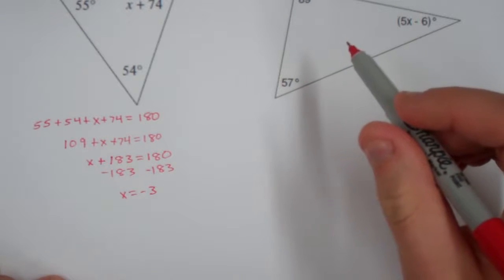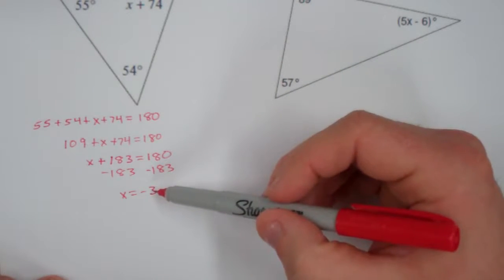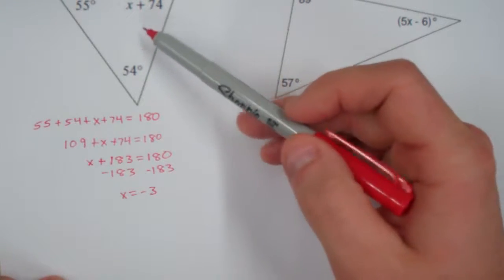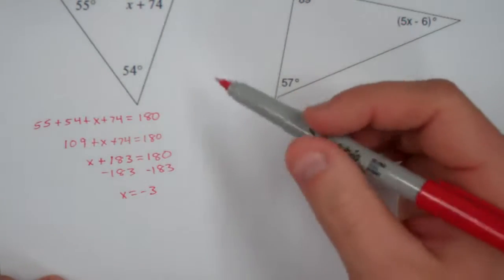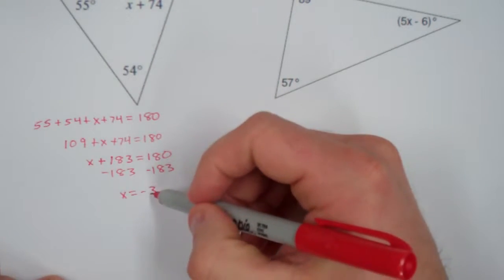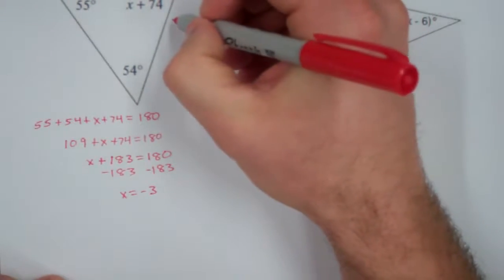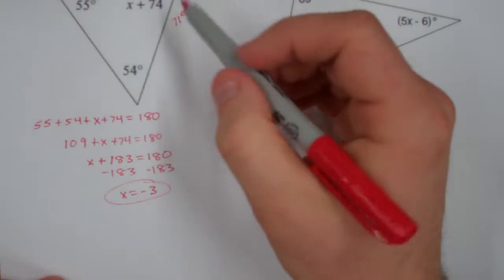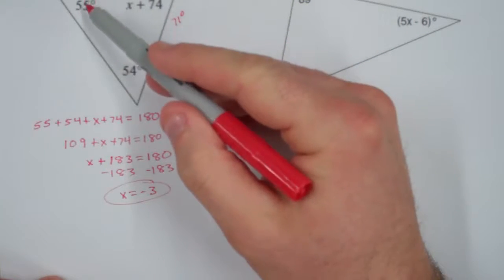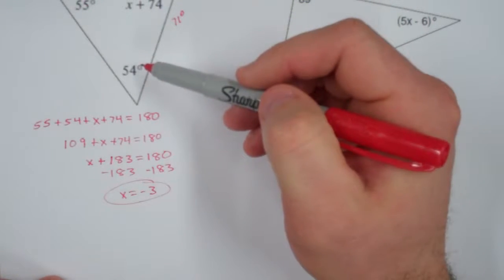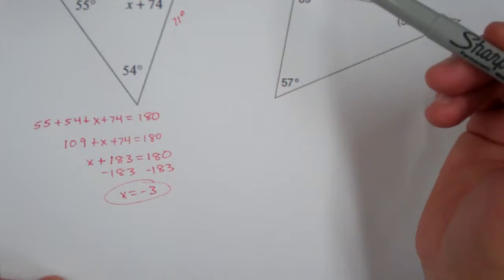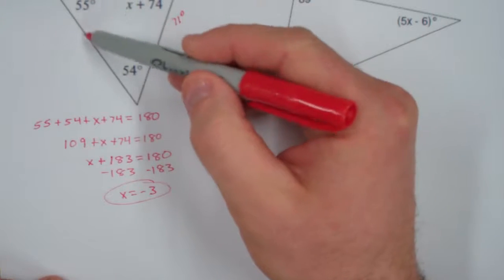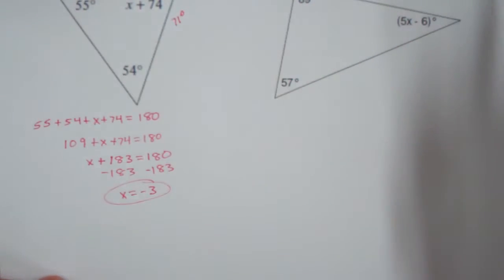Now at first glance you might say, well, you can't have a negative angle, but x is not an angle. X is just the value for this variable that makes this triangle a triangle. You could try this out. So you could substitute -3 in for x, making that angle measure 71. And again, this is the solution. We're just asked to solve for x. But you can double check your work by adding 55 and 54, which is 109 and 71, and that's 180. And so the value of x that makes all three of these angles add up to 180 is indeed